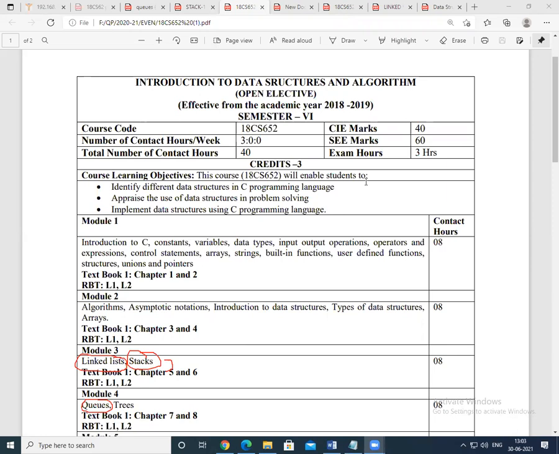I request you to give the attendance in the chat session, and if you have any doubts, you could chat, all of you, if any doubts are not followed with the materials or from the programming point of view.